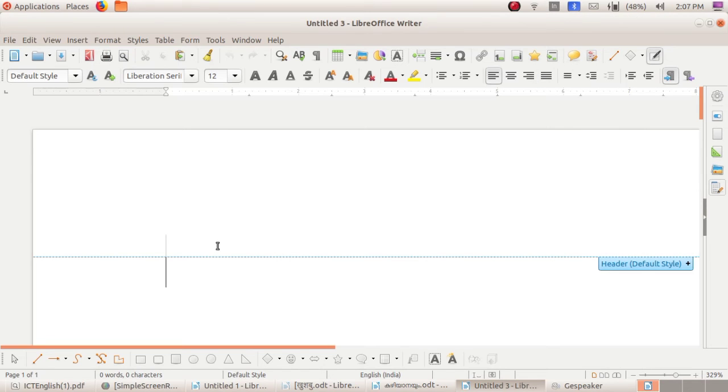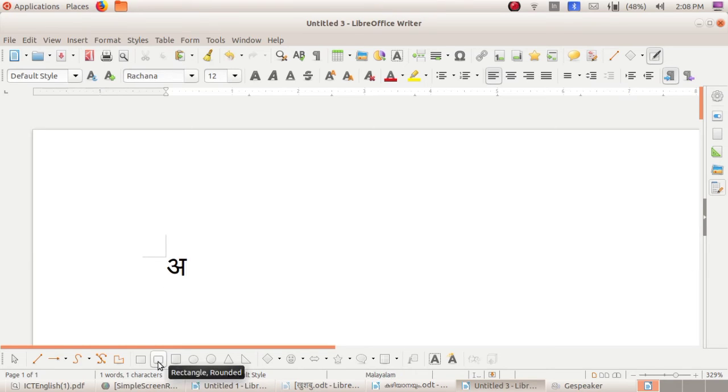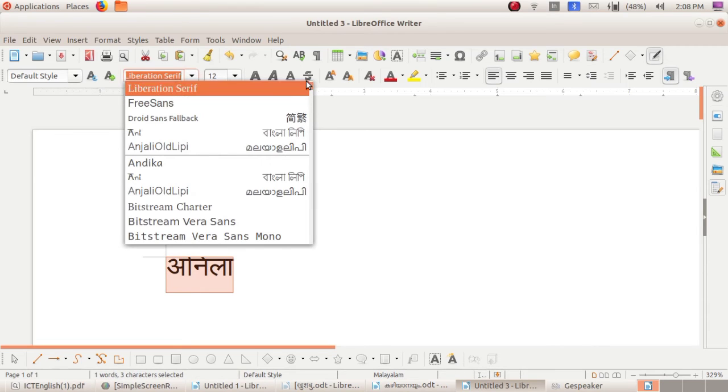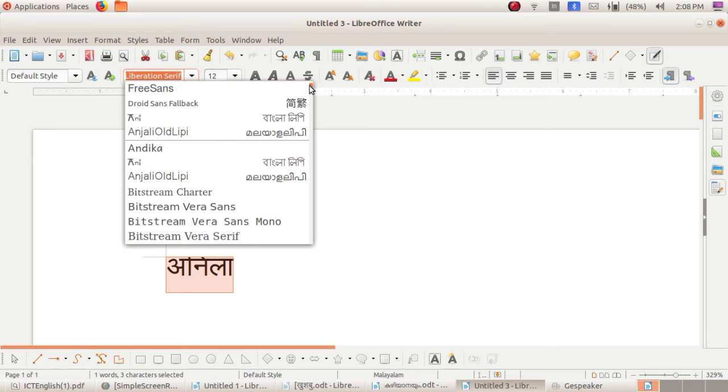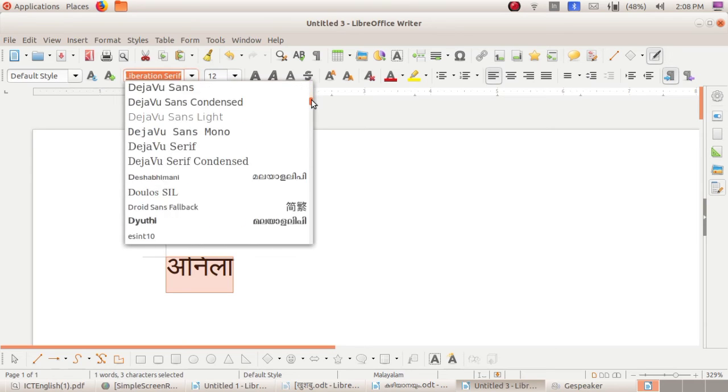So change from Malayalam to Indian. Now we can type this. I am going to type my name. We can change this font from Malayalam to any other Hindi font. I am selecting Gargi.